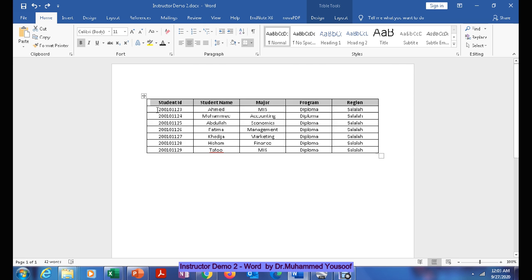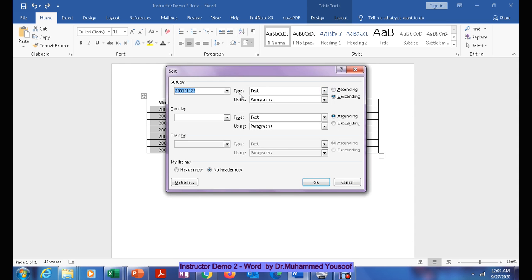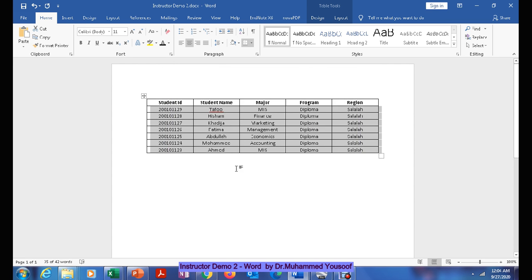Now you can see what happens. I want to select the whole table. For example, I go here, sort. How to do it, I will show you again. Now I want to sort by column 1, number, descending. Now you see what happens. The number which is bigger comes first, then the next number, then the small. So you can see the arrangement is completely reversed. Before, you see what was that? It was like this.